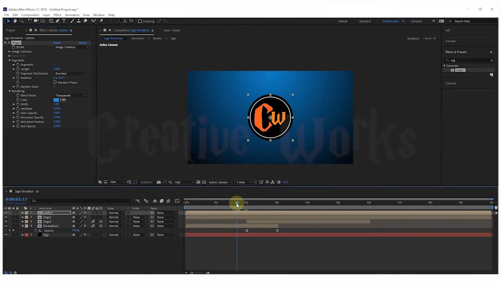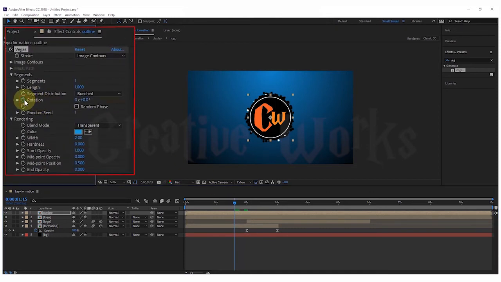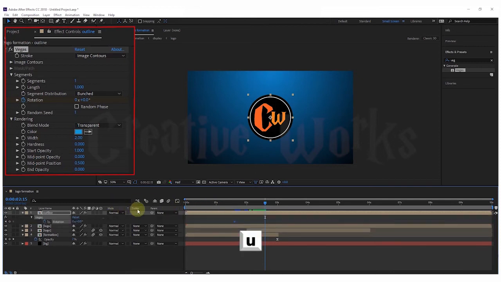Go 1.15 seconds in timeline and create a keyframe for rotation. Go 1 second forward and change value to -1. Go 1.15 in timeline and create a keyframe to start opacity.